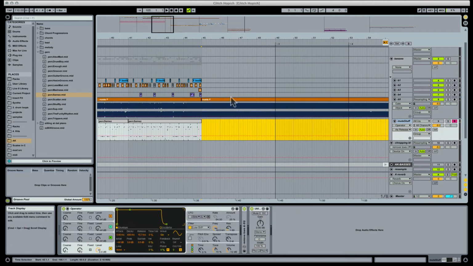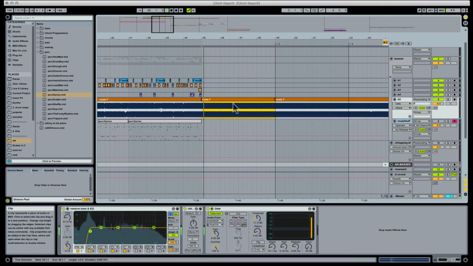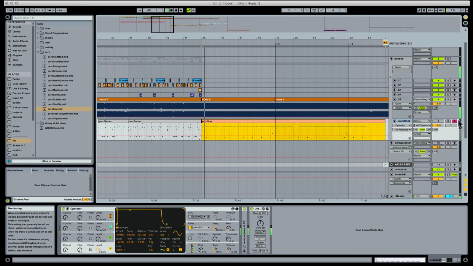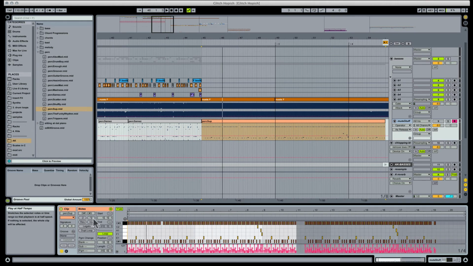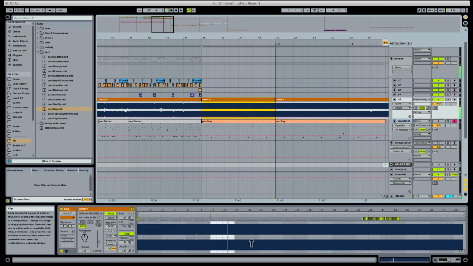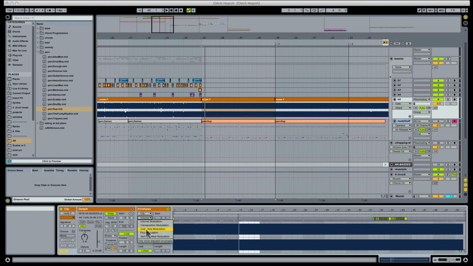And then for this one, maybe I'll do something a little different, like take another groove here for my groove pool. And you could just use the Ableton groove pool too. I'm going to double the length of this. And I might even take this and try some transposition modulation, where if I activate my envelopes, find transposition,